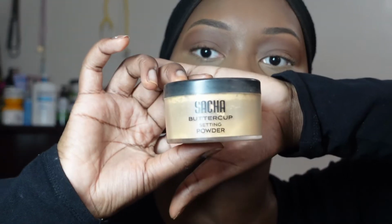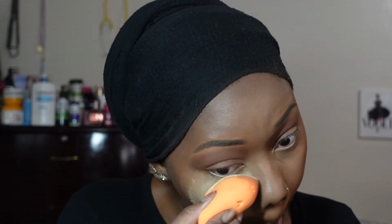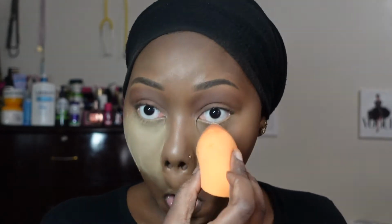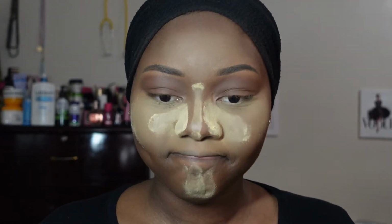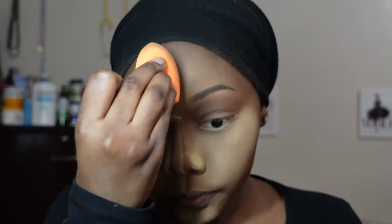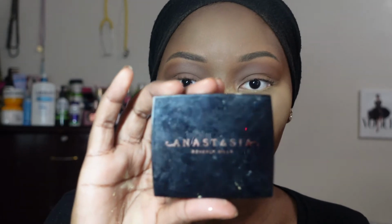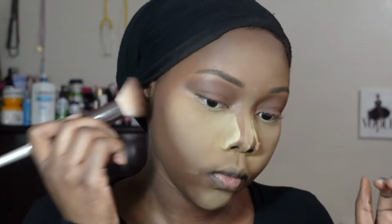Okay, now once that's blended, I use my Sacha Buttercup setting powder, and I just set my highlighted areas. So I go under my eyes. I kind of put a lot, but I still made it work. Now when I do my nose, I tend to put a lot, but it ended up going under my eyes too. So yeah, as y'all can see, but usually I just like to put a lot only on the sides of my nose. And I'm going in with my Anastasia Beverly Hills powder, and I'm just gonna use that for